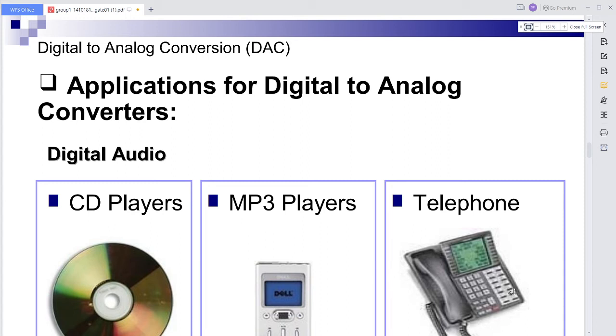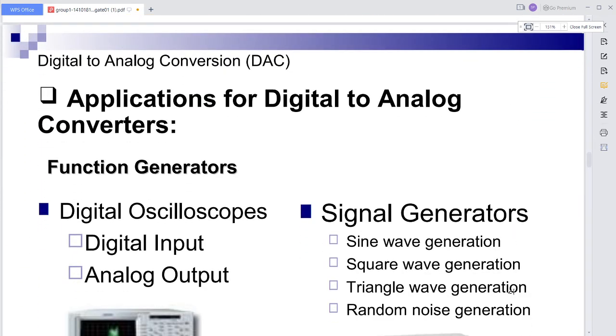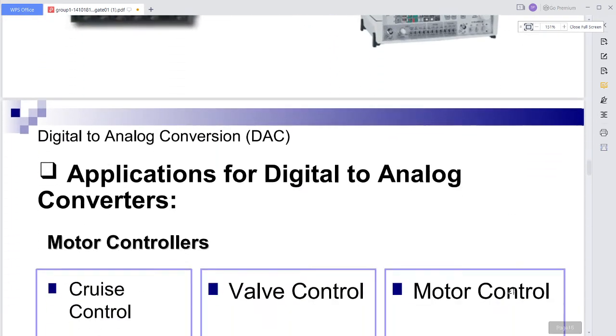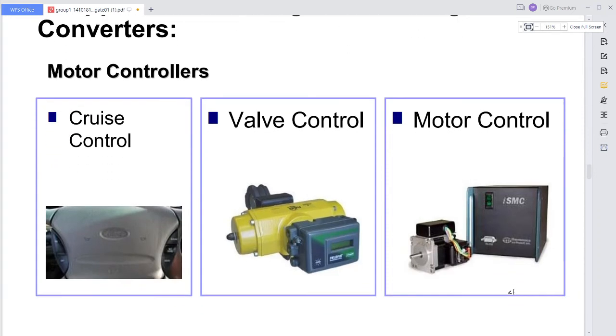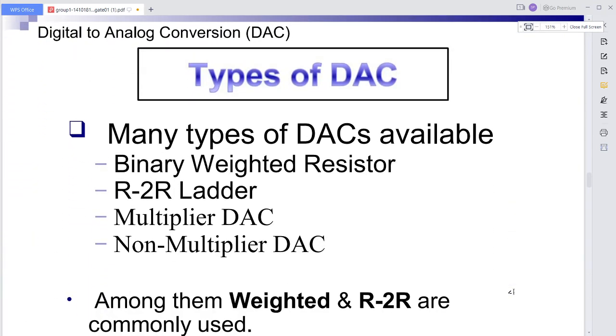Some of the applications of digital to analog converters: CD players, MP3 players and telephones, all these use digital to analog converters. All these are the best examples for digital to analog converters. You can go through all these things. And coming to the next one,